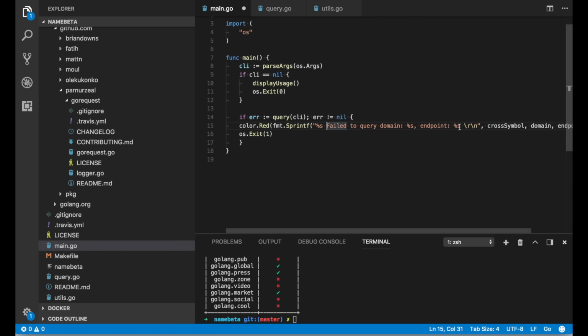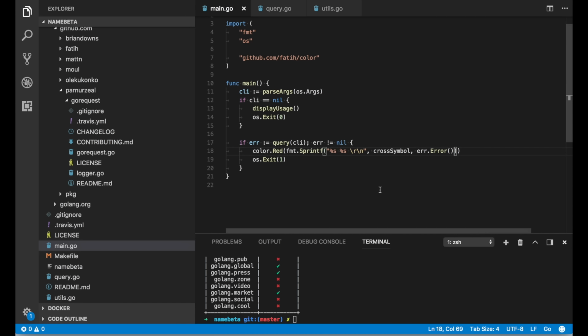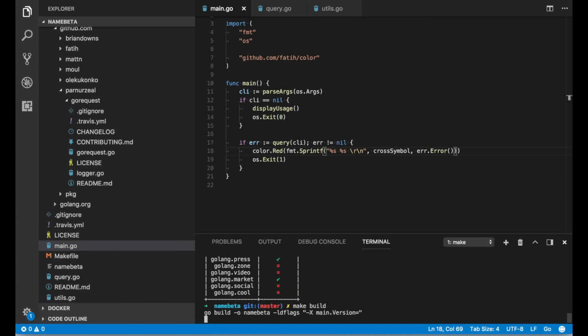Let's keep \r\n. Here will go the error message, and we can just do err.Error(). Cool. Let's test it. Let's build it, and